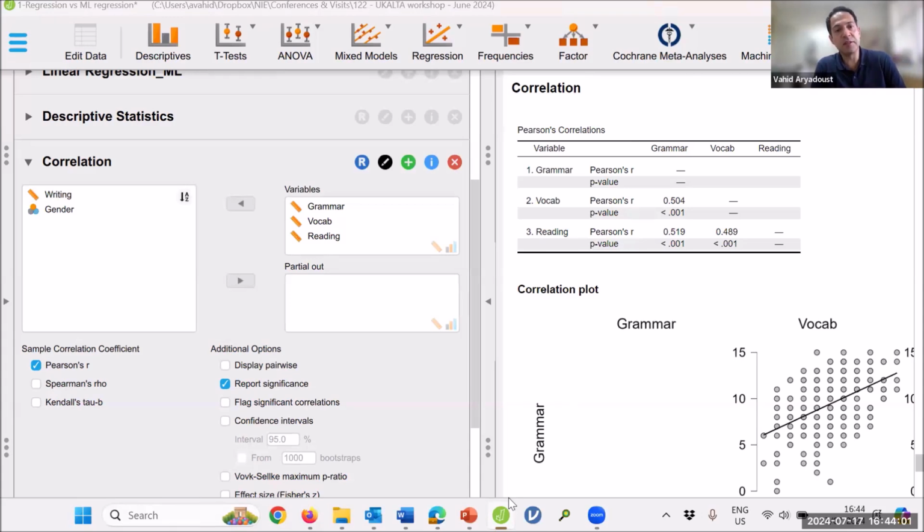0.7, yes. That's what a lot of people agree on, 0.7. Some people are more liberal when it comes to multicollinearity, and they would go for 0.8 and even 0.9. Because if you have a correlation of 0.7, it means around 49% of the variance is in common between the two variables. So if you go by that logic, 49%